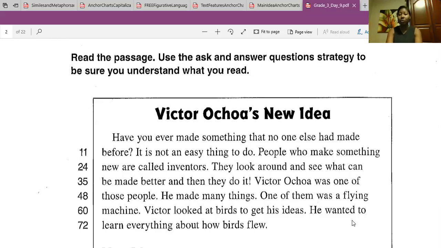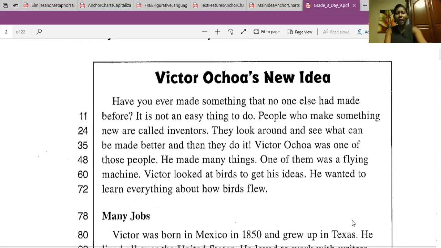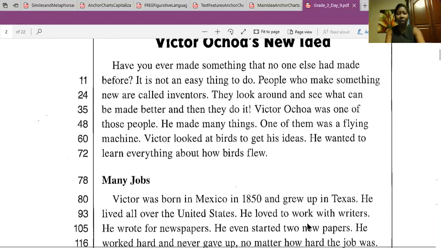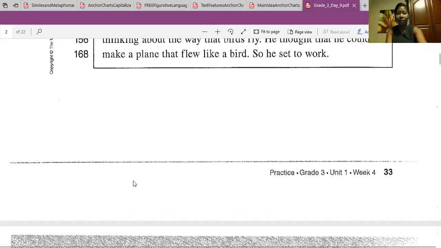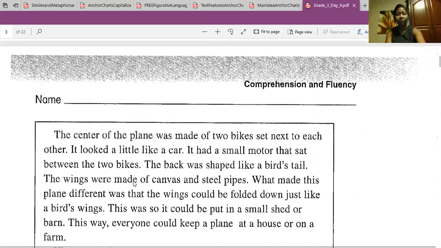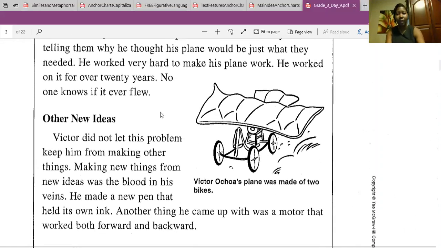So that means all throughout the passage, we're going to ask and answer questions to make sure that we understand what we read. Now, just taking a quick glance at the passage, I already see things like a bold heading. There's another bold heading. And another,